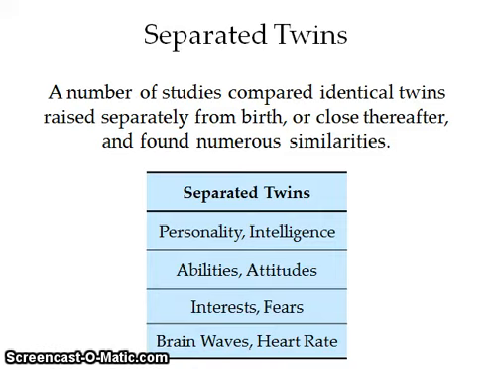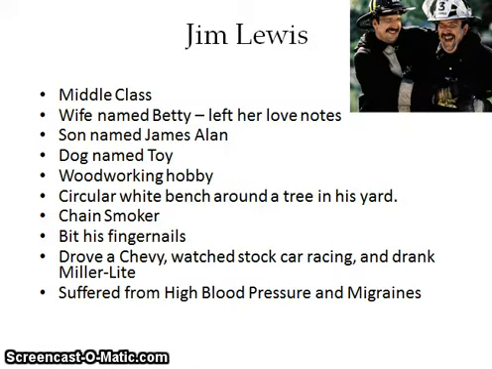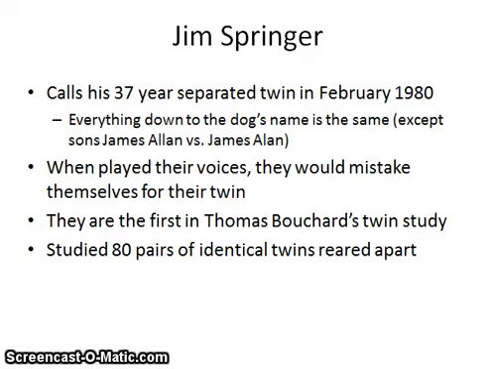The story of the two Jims in your book is really interesting. Jim Lewis is middle class. He has a wife named Betty, son named James Allen, a dog named Toy. He likes to woodwork. He's a chain smoker, bites his fingernails, drove a Chevy, and had high blood pressure and migraines. He found out in 1980 that he has a separated twin named Jim Springer, and everything down to the